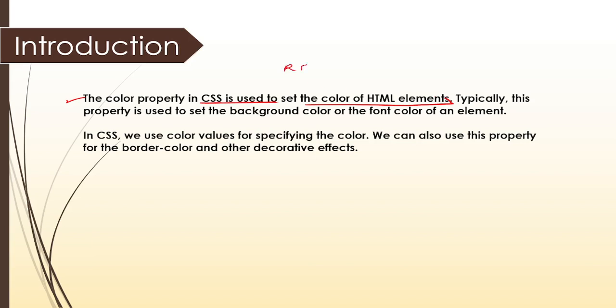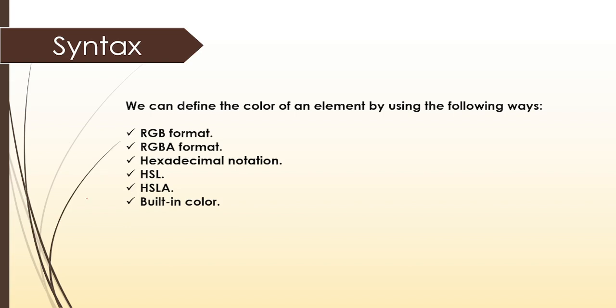Typically, we focus on RGB colors. R here stands for red, G stands for green, and B stands for blue. In every web page, whenever we talk about color properties, that means indirectly or directly we are talking about RGB colors. So here we have 6 different types of color elements that we can use along with CSS codes. First is RGB format.